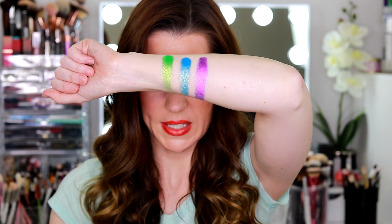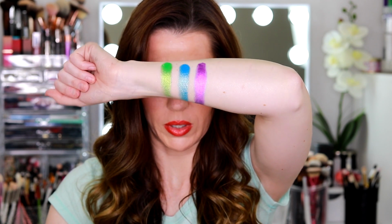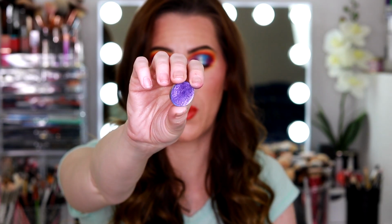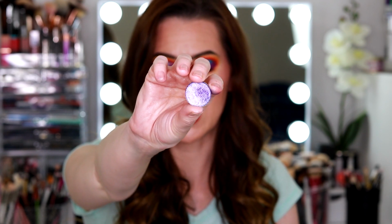It does. It almost has this red, shifty kind of undertone to it. It's just something really special. Alright, and then the next one from this set that I want to show you is called Moontide. This is another one of my favorites. It's a really beautiful bluish purple, and it's just something about the way it shifts and how sparkly it is